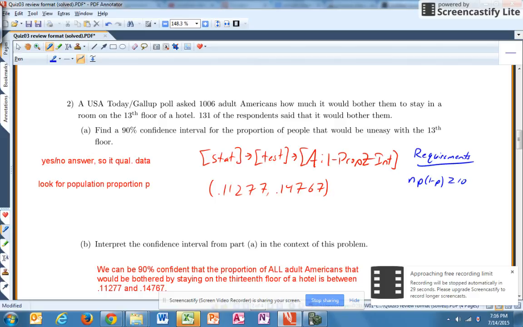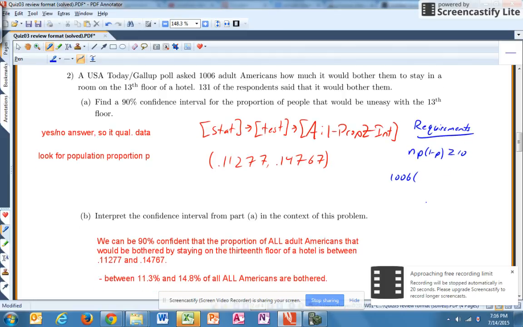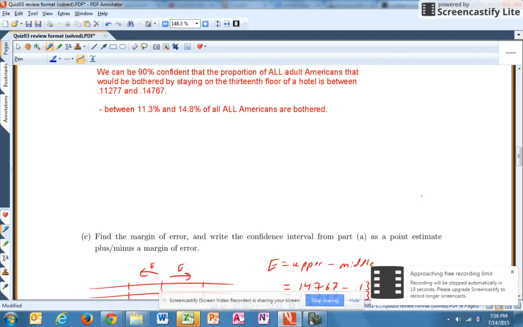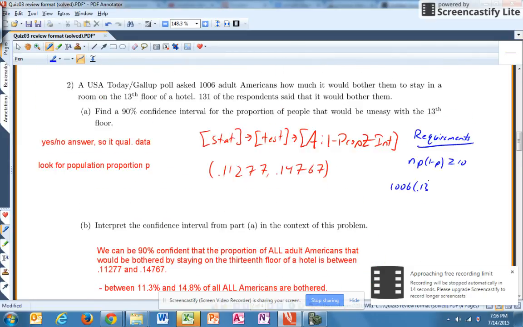So in this case, my n is 1006 times my p, that sample proportion I have of, what was that? 0.13, let's use 0.13, times 1 minus 0.13. And if I compute that out,